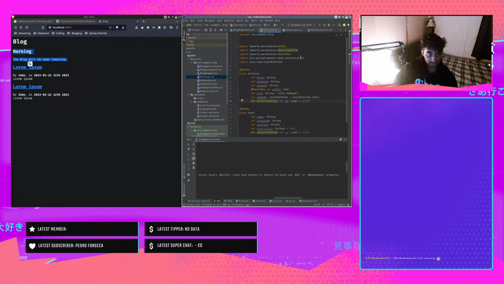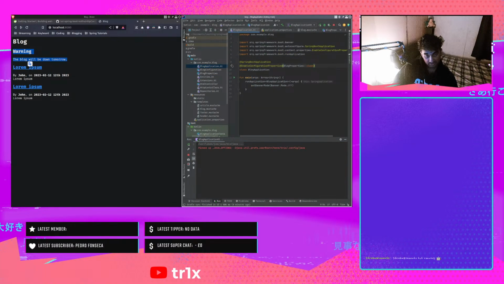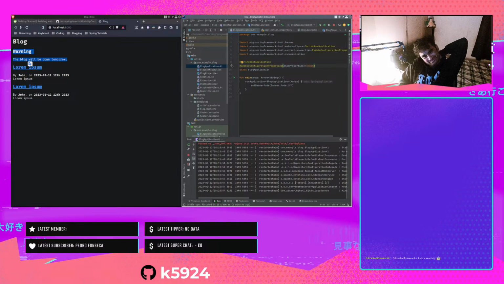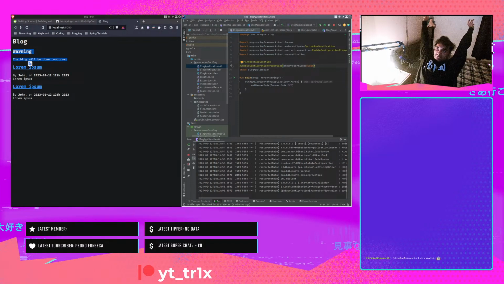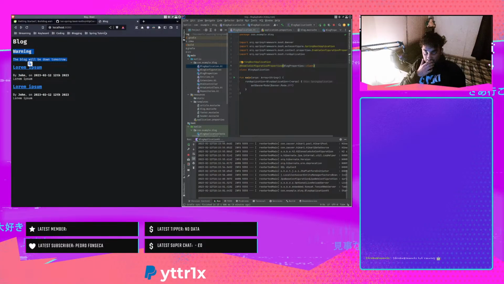No, so this 100% needs Jakarta. It 100% needs it. What the hell? Interesting though. It needs it, it just doesn't load it, which is interesting. Anyway, so if I reload this,